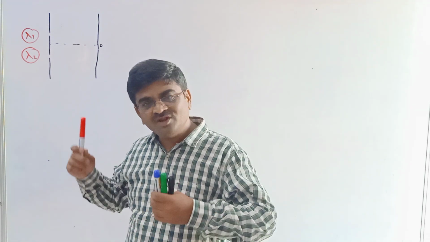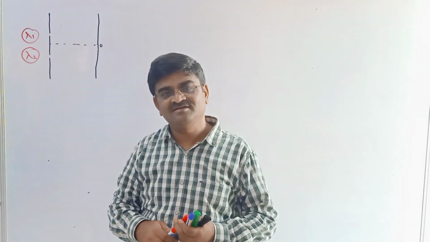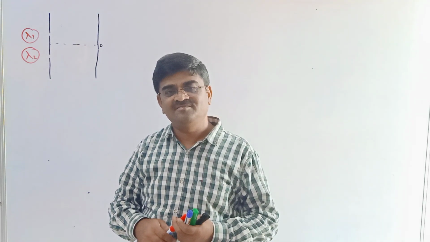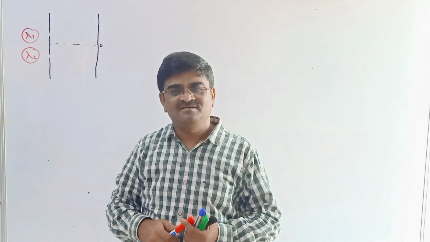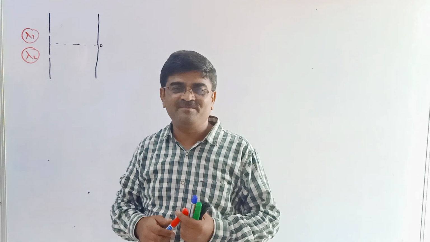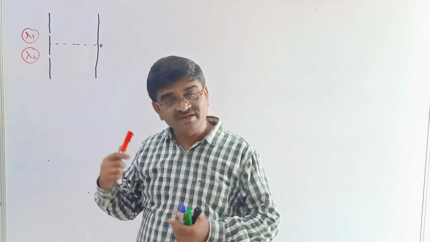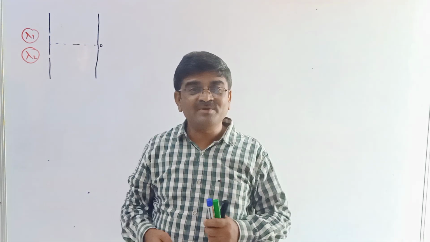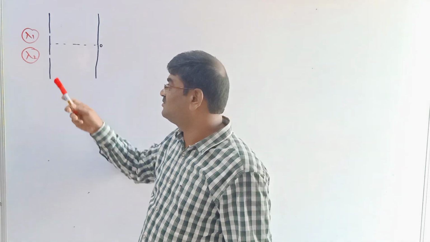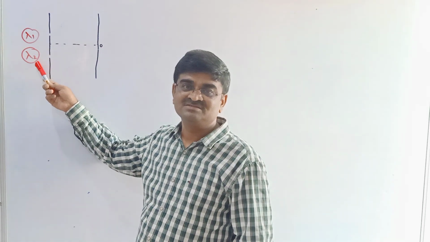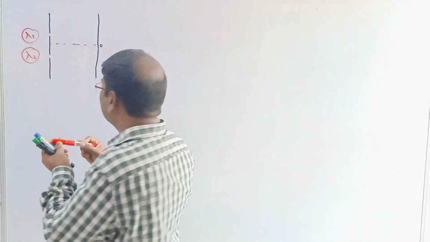Then during such a situation, there are chances that bright fringes of those two colors are superposing, are overlapping at certain places. And we will have a question on that overlapping process of fringes if you use a source of two different wavelengths. So let's learn then some basics about overlapping of fringes.